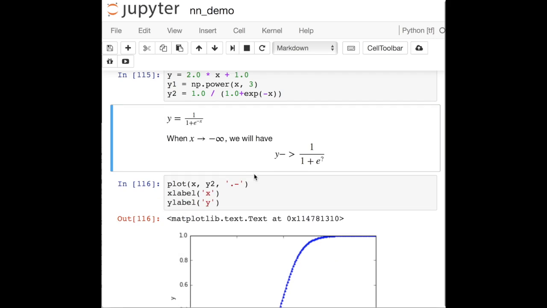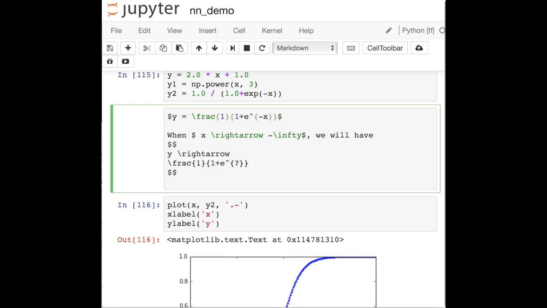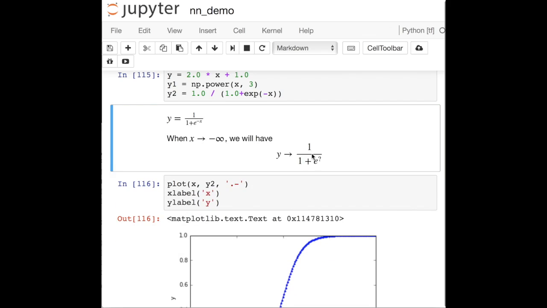Okay, now much better. And this is another right arrow. Good. The question mark here,